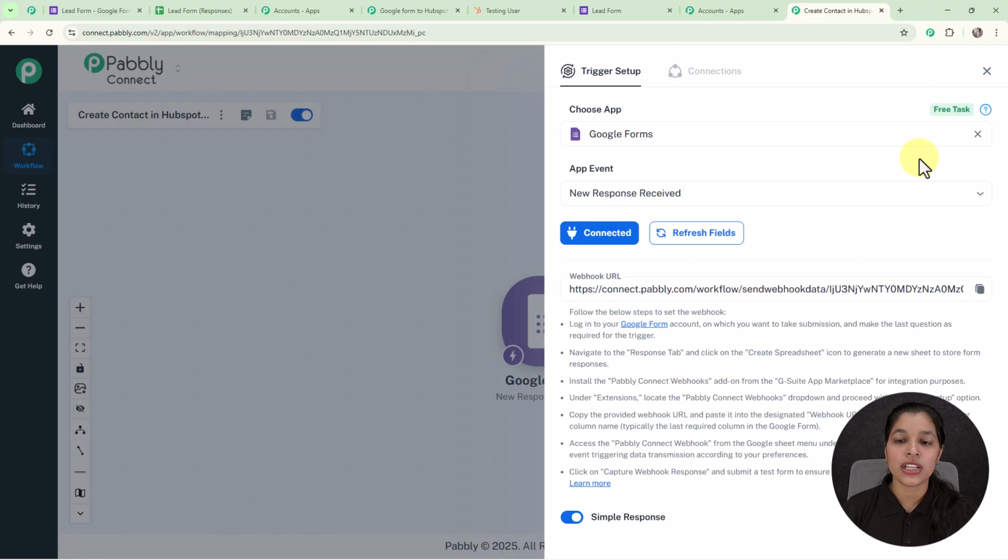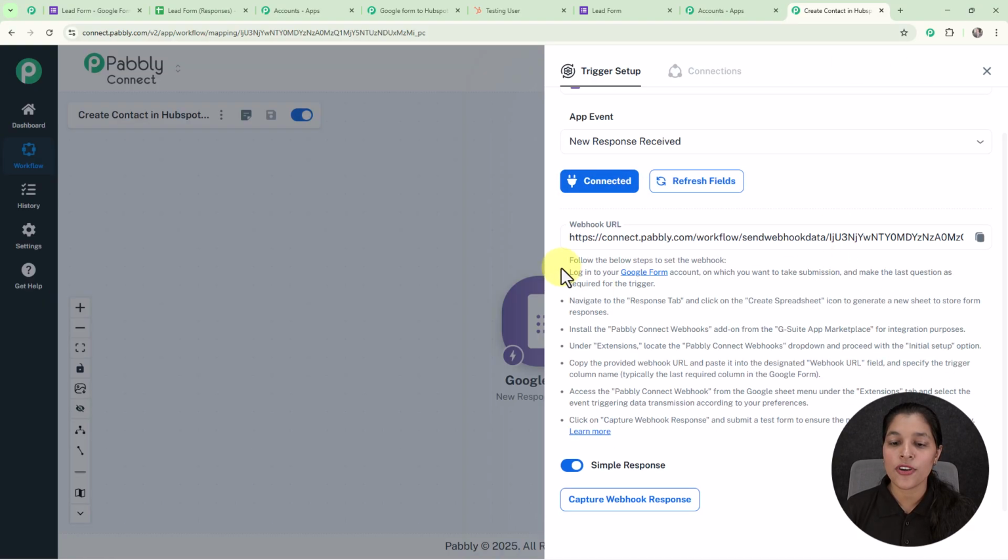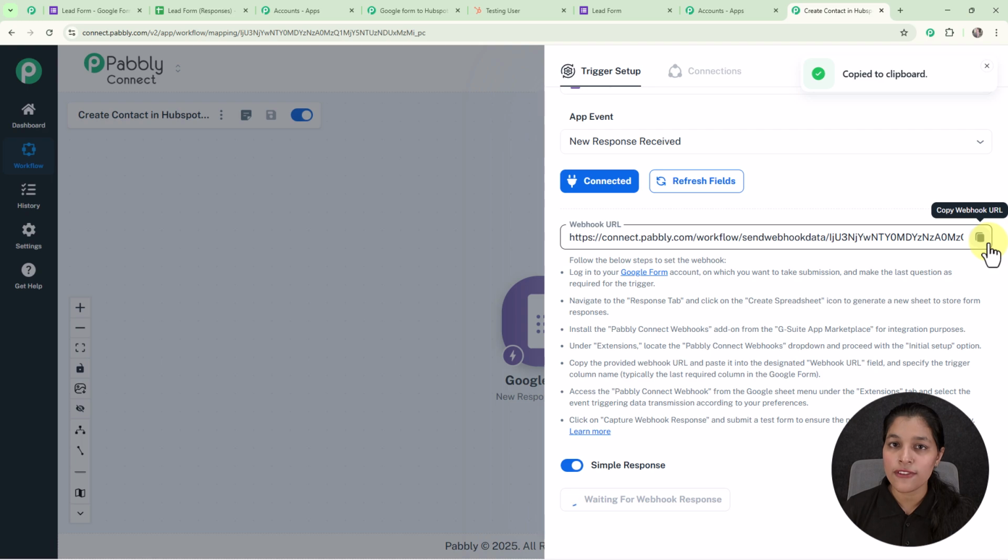Now we simply have to click over this connect button, and here you can see we are receiving this webhook URL with the steps for pasting this webhook URL. So this webhook URL is going to act as a bridge between Google Form and Pabbly Connect for building the connection. So now let's copy this webhook URL,